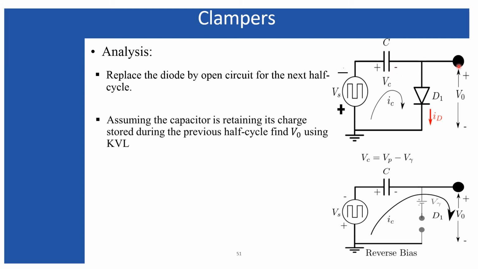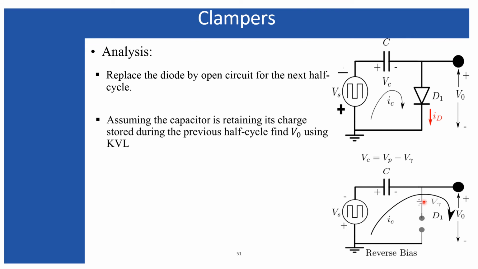And it is true, because I did not connect any resistance. There is an open circuit across the output terminal. Although you may connect a load impedance over here, you have to make sure that the load impedance is high enough so that the time constant, which is the product of this capacitor and the load resistance, is so high that within the transition from the positive half cycle to the negative half cycle, the capacitor is not discharged in a significant amount. That can be done by placing a high load impedance. In this case I have considered the load impedance to be infinity, so that condition is maintained automatically.